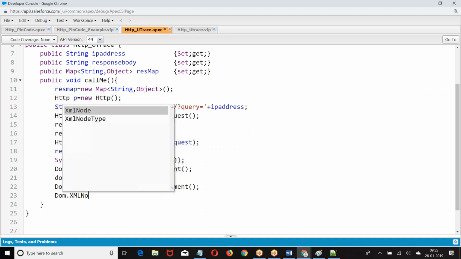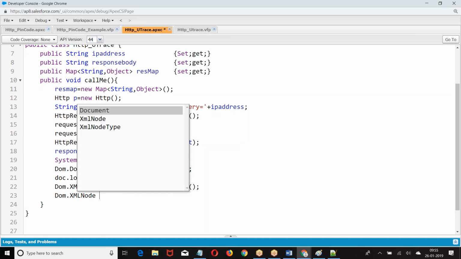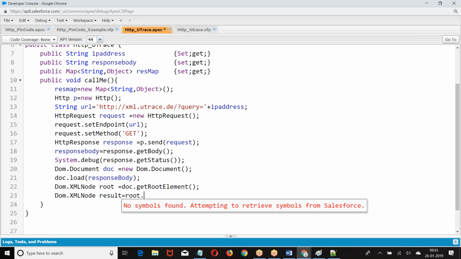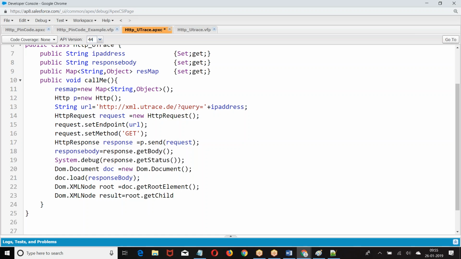DOM dot XML node, root dot get child element.